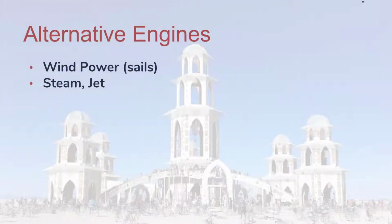You may choose to use an alternative type of engine for your vehicle. Wind power: any vehicle which uses wind power, such as sails, the sails must immediately collapse upon letting go with the hands. Like a sailboard, as soon as your hand lets go, the sail collapses immediately. Slowly collapsing, such as what would happen with a sailboat, is not permitted. Steam, jet, nuclear, or anything else other than non-traditional electric or gas engines will need to get inspected by the